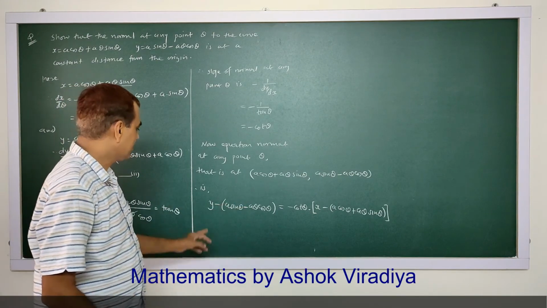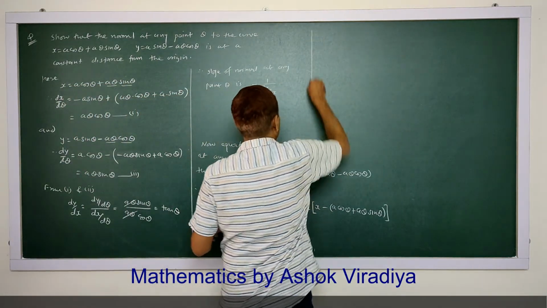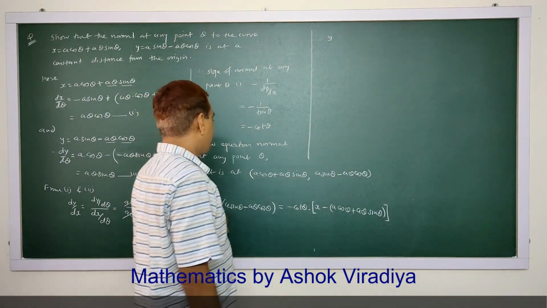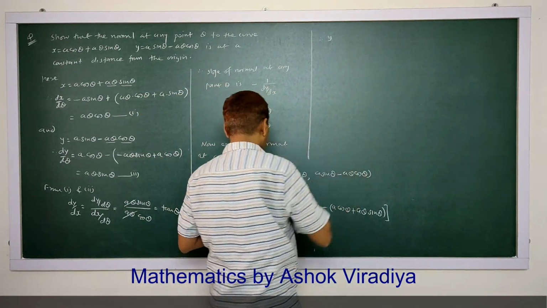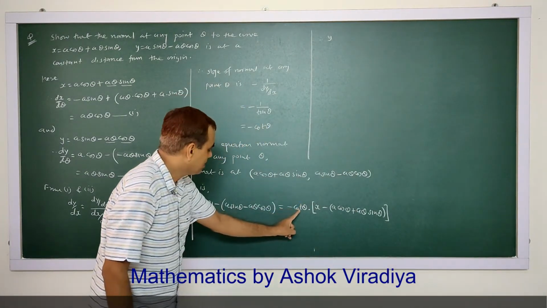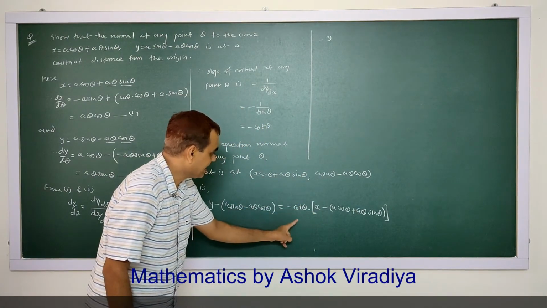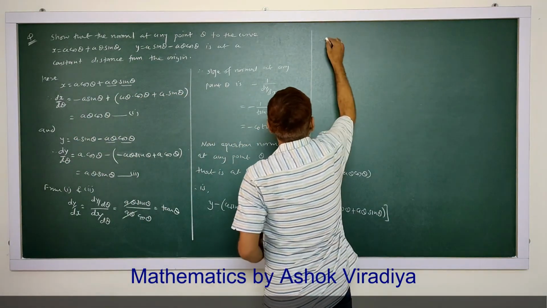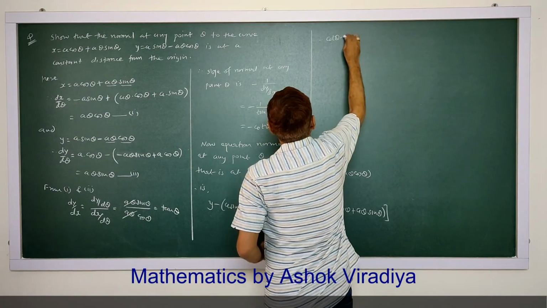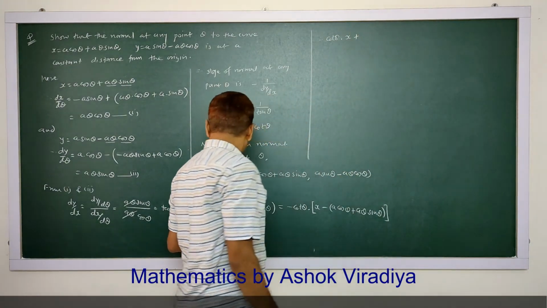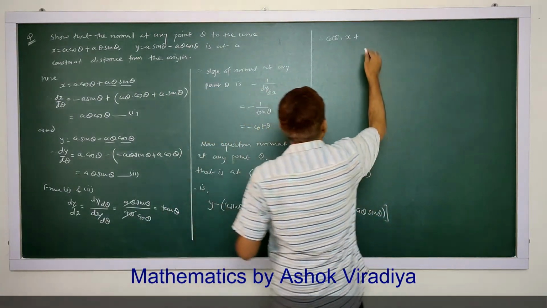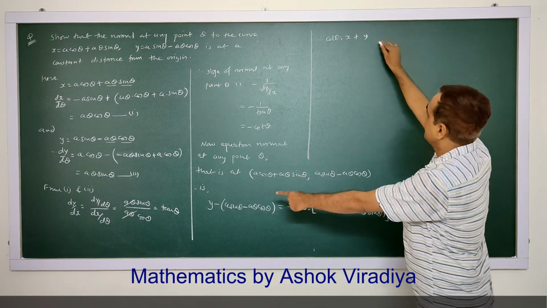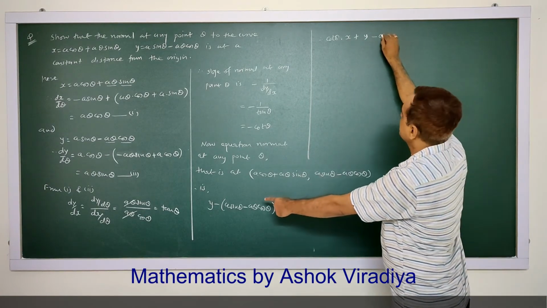Now simplifying this, y minus, this is minus x cot theta. That term I am taking on this side. So it will be cot theta into x plus y, then minus a sin theta plus a theta cos theta,